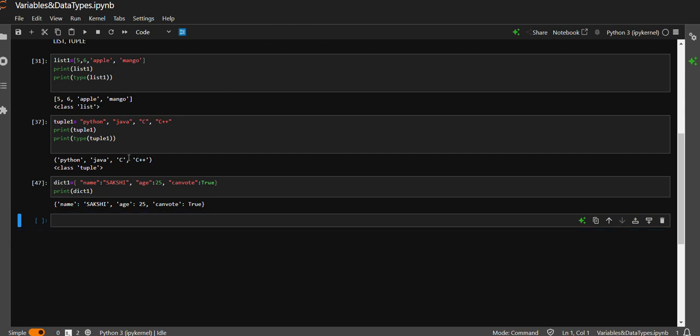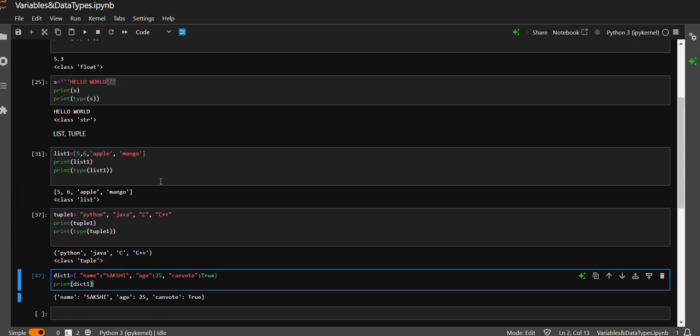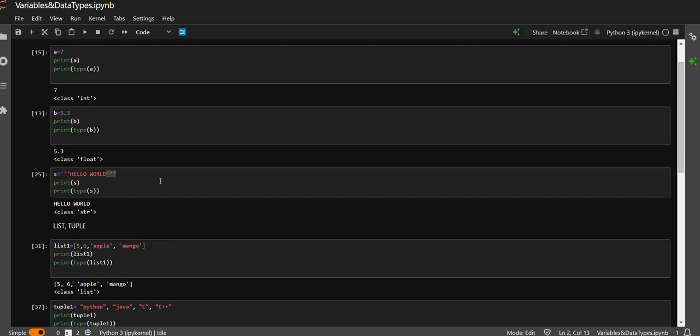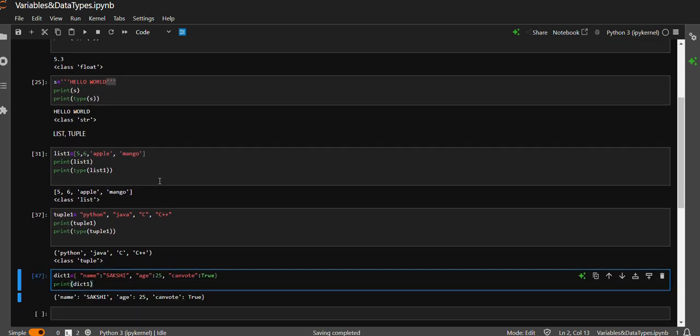So these were the few data types which I have discussed in my previous video. You can check the data type of this variable by yourself. Print type dict1 by using the type method. Now these are the data types which I have discussed. These I am running in Jupyter Notebook. Jupyter Notebook पर मैं ये सब run कर रही हूँ, and I'll make a separate video on how to install it.